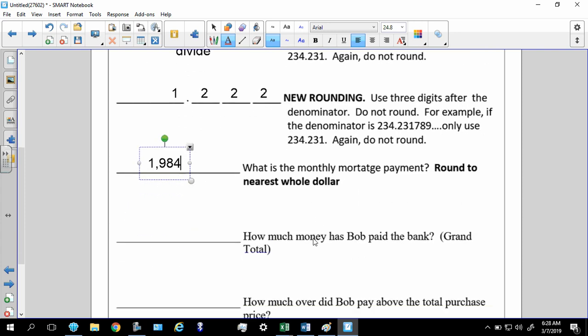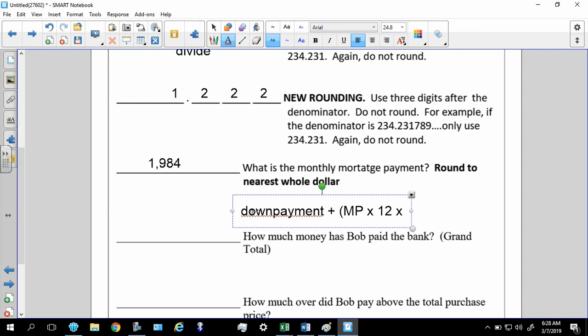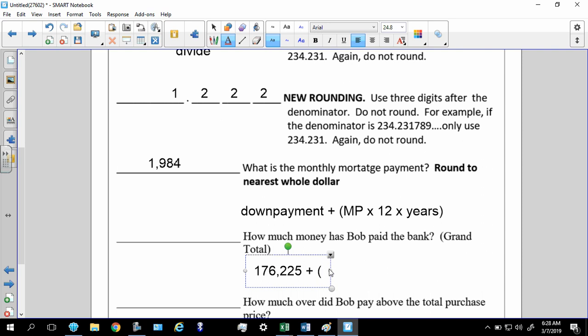Now, how much money has Bob paid the bank? Let me write this again. This is the down payment plus the monthly payment times 12 times the years. So that's going to look like the down payment, $176,225, plus 1,984 times 12 times 20. He has paid the bank a grand total of